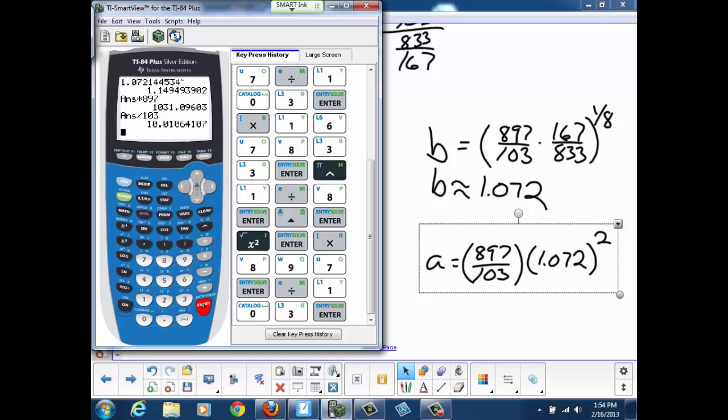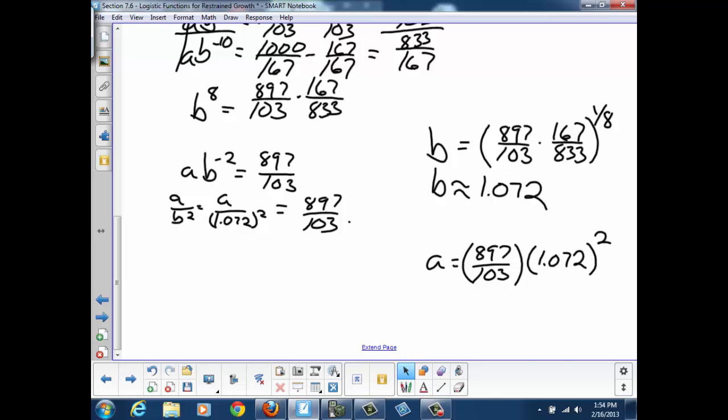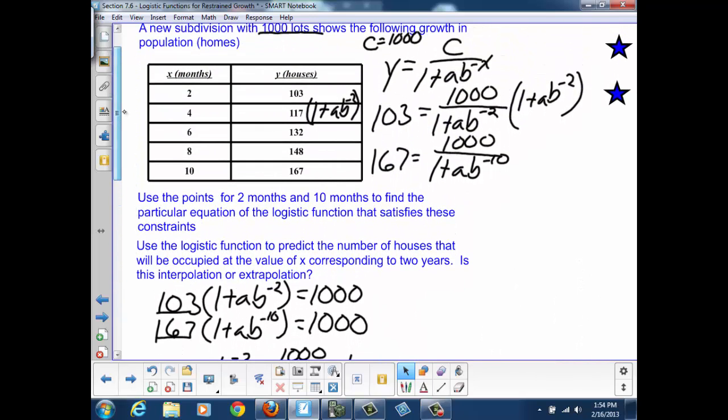So a becomes 10.011. Let's go back up and see if that's what we ended up with. 10.011 and 1.072. Okay, now that we have our logistic function,